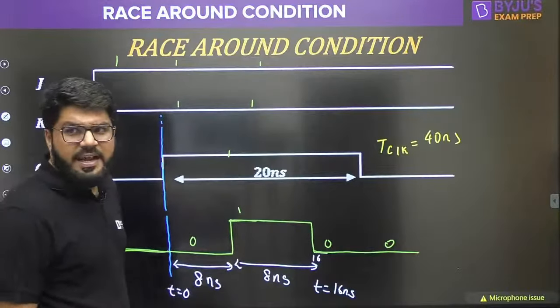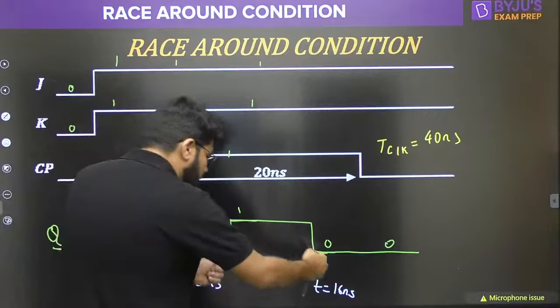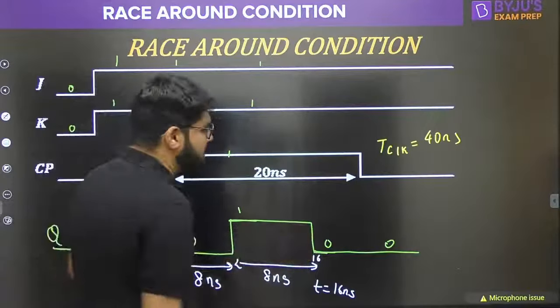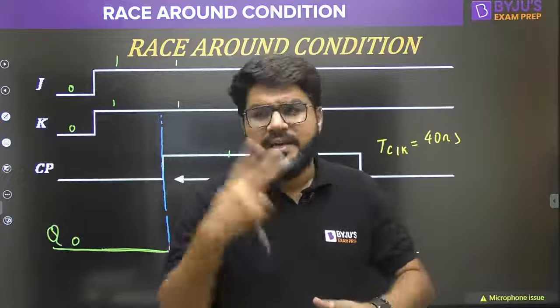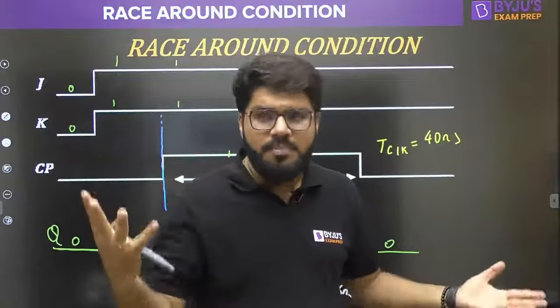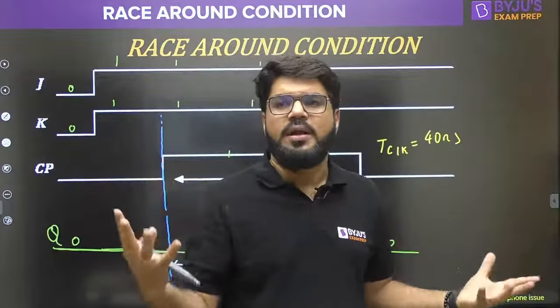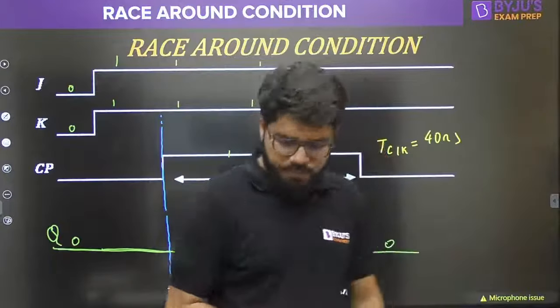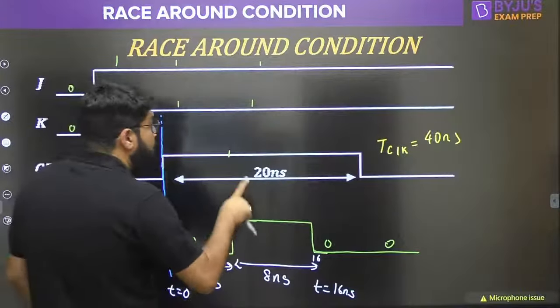One toggle occurs at 8 nanoseconds. Another toggle occurs at 8 nanoseconds. 8 plus 8 is 16. So within 16 nanoseconds, a double toggle occurs. The problem was that I don't want a double complement. I wanted only one toggle. Why did it occur? Because